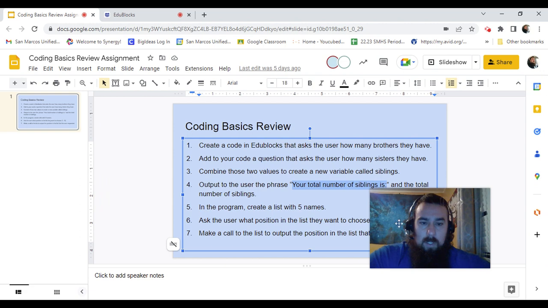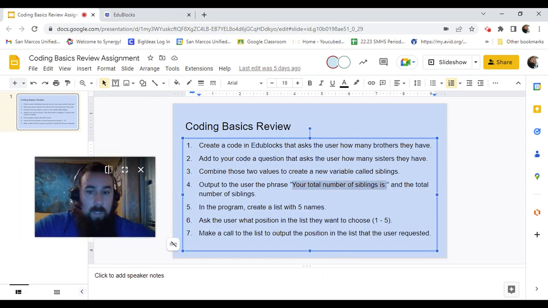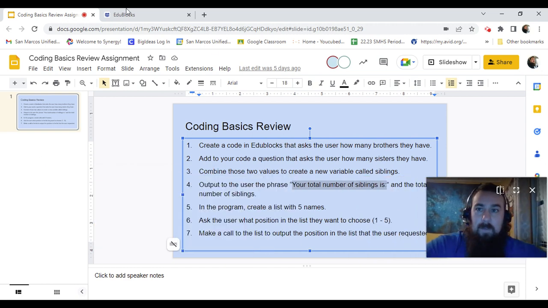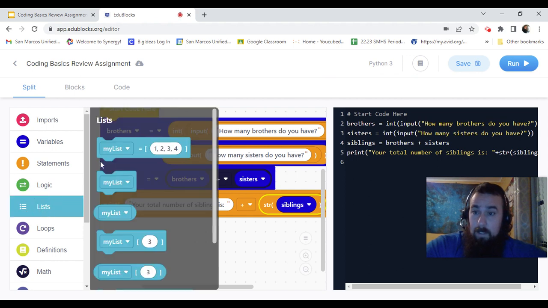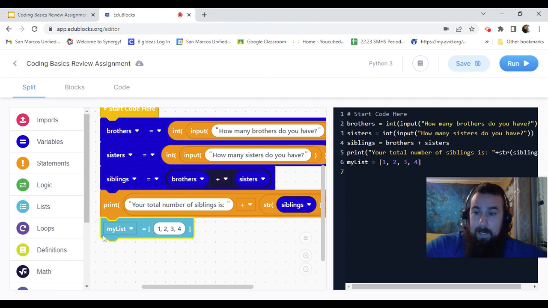Okay. So next we're going to create a list with 5 names. So in order to create a list with 5 names, we want to use the lists, obviously, right here, my list. Let's drag it out. You can see right now there's 1, 2, 3, and 4, but we want 5 names. So let's say